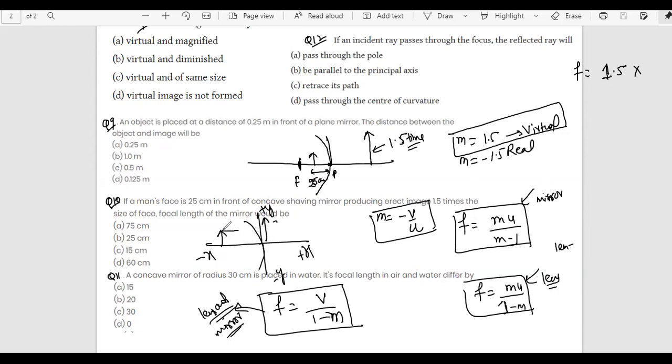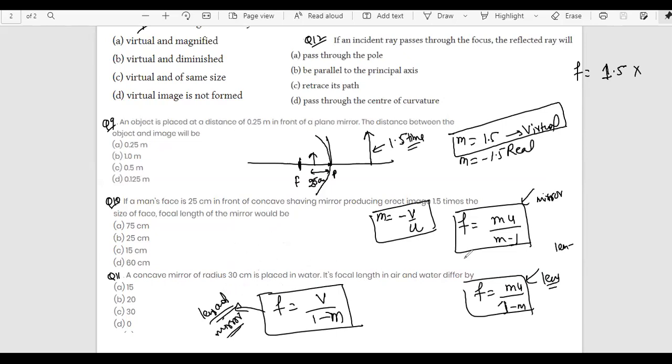The distance measured on this side is always taken as negative: -1, -2. You must have seen this in graphs. This is the negative x-axis, so u we always take as negative, because arbitrarily we have chosen to put the object on the left hand side. So left hand side means this distance from the lens will be measured as negative. Got it?